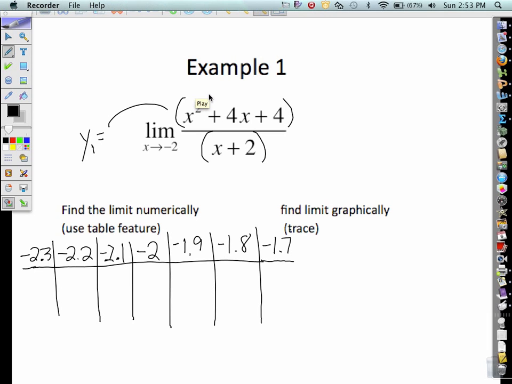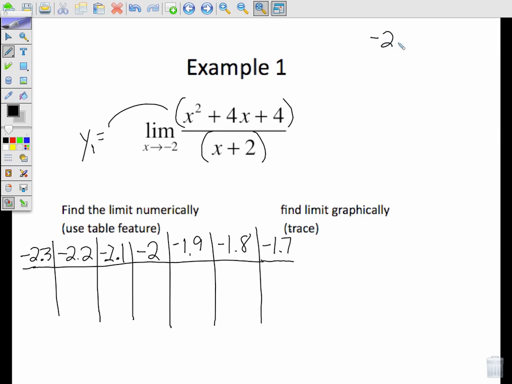You're going to want to set up your table feature. If you go to the table feature on your graphing calculator, I would recommend starting your table at negative 2.5 and then going by a scale of 0.1. So this is for your table setup. And then in order for us to see what the function does as we evaluate for x values, we're going to substitute what the table is giving us into my chart on this page. So going to the table now,